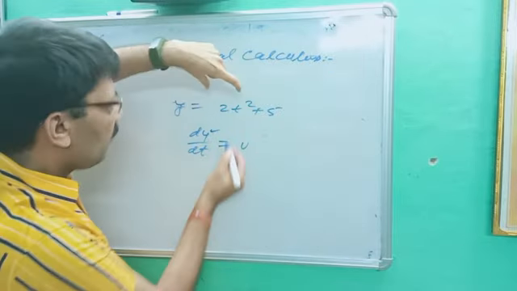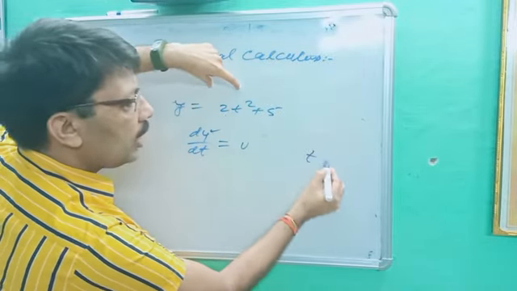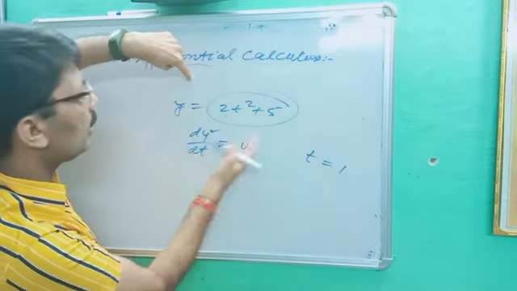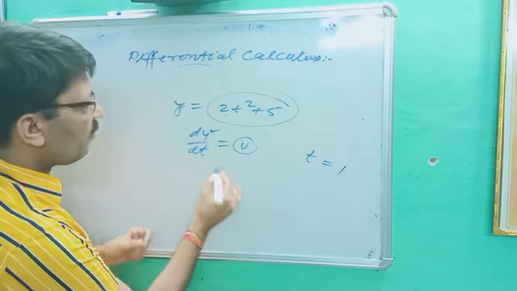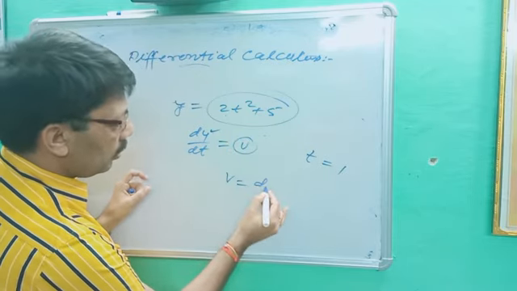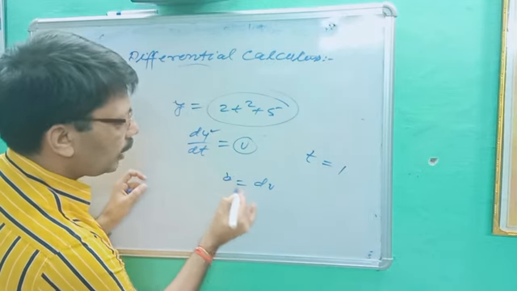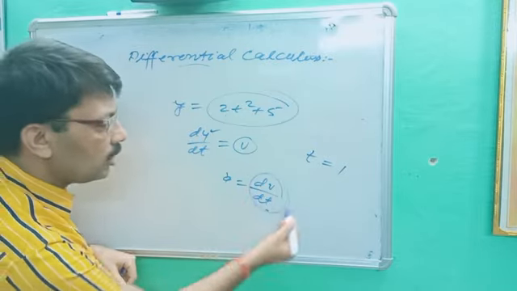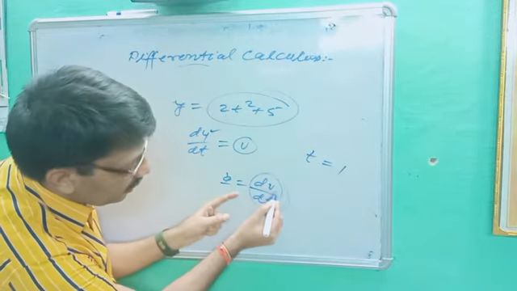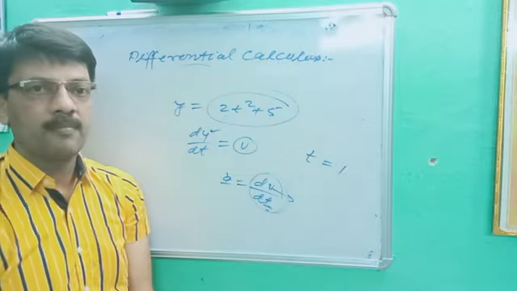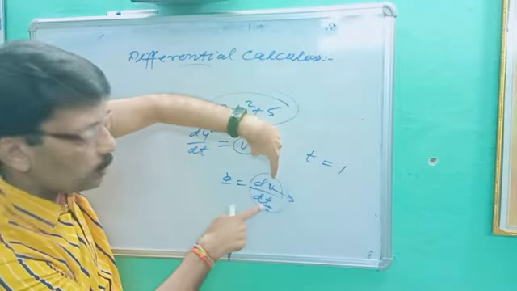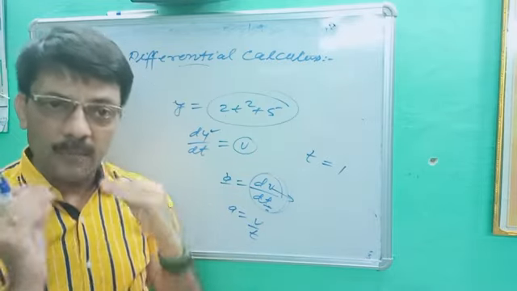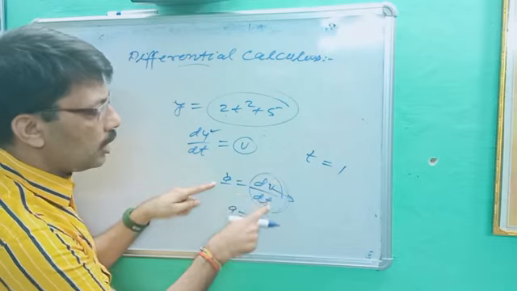But if I give you 2t square plus 5, find the velocity at t is equal to 1 second, you have to differentiate that quantity with respect to t, then you will get the velocity. Or if v is given, a is equal to dv upon dt. It means the rate of change in velocity is called acceleration. You have to differentiate v with respect to t. This is called differentiation of velocity with respect to time. In 9th standard a is equal to v upon t, but in 11th standard you will study a is equal to dv upon dt.